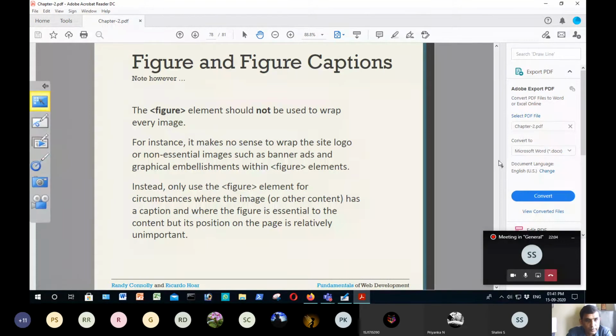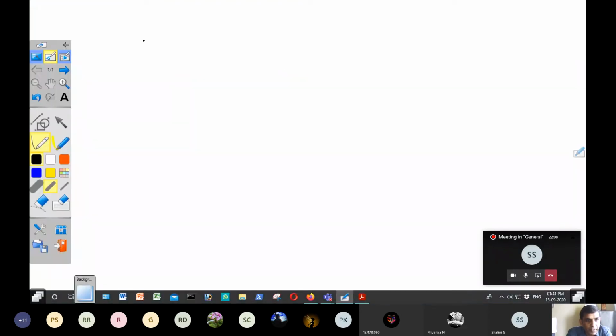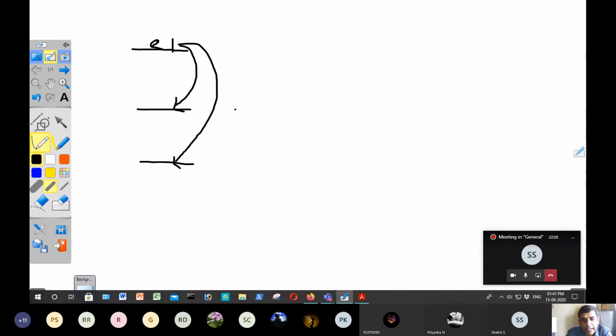Assume I am having a document, and this is element 1, let me write it as E1, in three different locations. If I move element 1 to this position or this position, the meaning doesn't change. So what should I do?